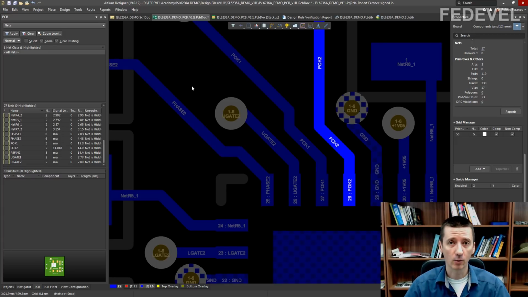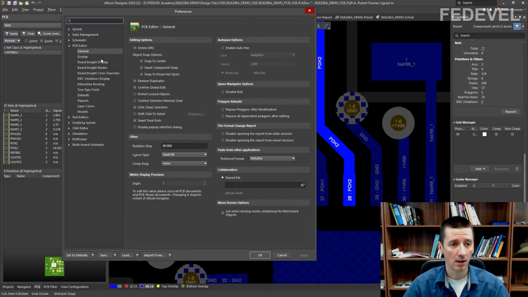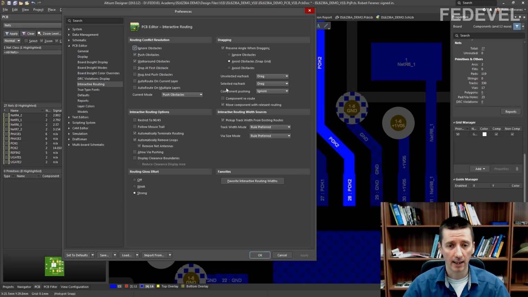And that's the reason why I sometimes change the default settings: right click, Preferences, go to PCB Editor, Interactive Routing, and I'm going to change this. Selected via track, use move.